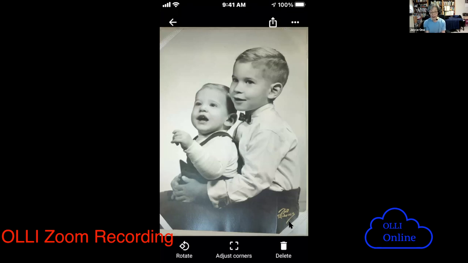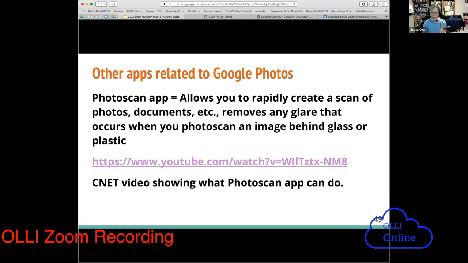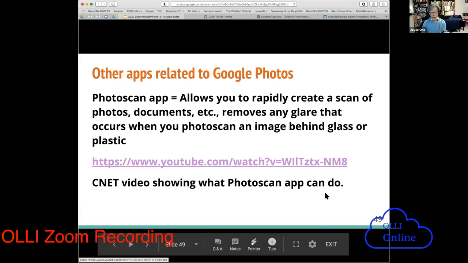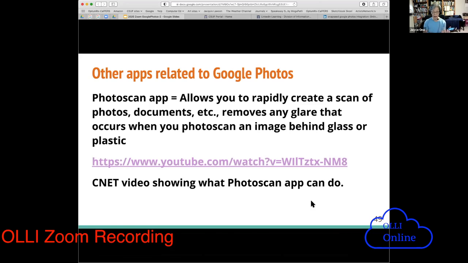Normally, if you did this with a photo under glass or even under plastic, it does away with the glare. Because what it's doing is it's averaging 4 images to take the final one. And this is pretty high resolution. So if you did a document, you'll see that you can actually read that document easily. This video tutorial kind of shows you what you can do with it too. And actually, a lot of people, this is tedious, but you can use this very cheaply. It's on your phone to create backups of a lot of your old family precious photos that you have, and then edit them,